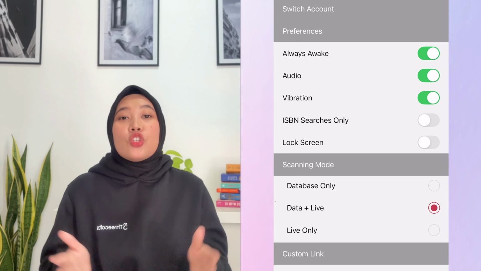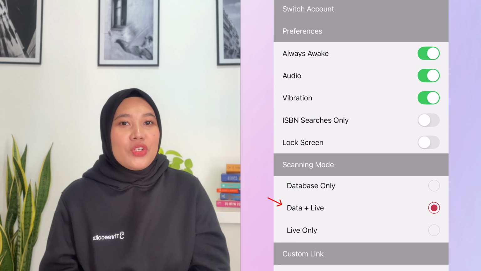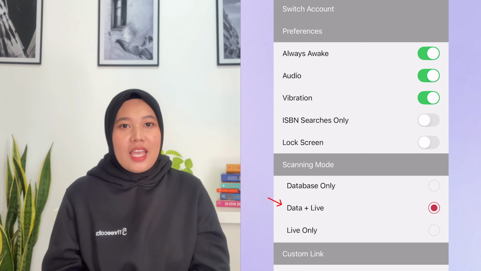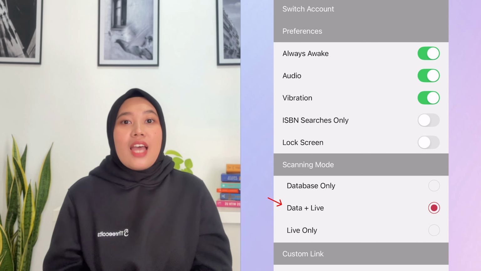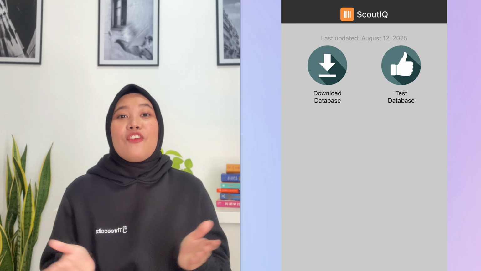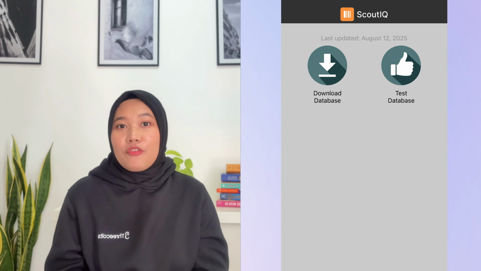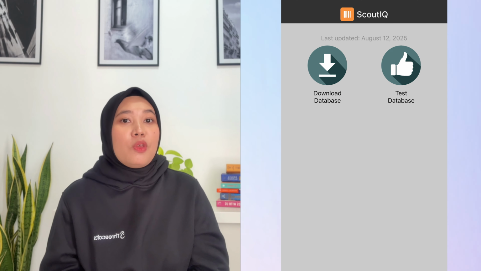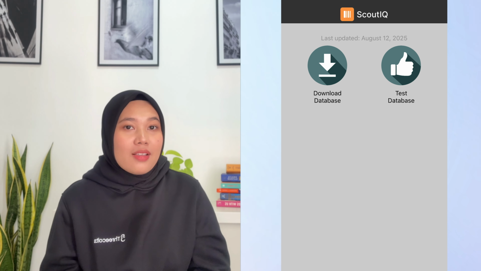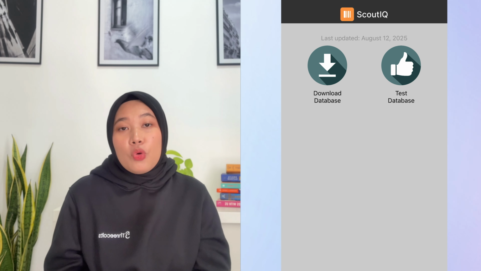Alright, now that you get the why, here are some recommendations to make it show up a lot less. Switch to data plus live mode. As I mentioned, it gives you the speed of your offline database. And if a book isn't there, ScoutIQ will instantly pull live data from Amazon. Then, if you'll be scanning without internet, remember to update your database before you head out. This is to make sure your local file is as current as possible, so you'll run into fewer no result